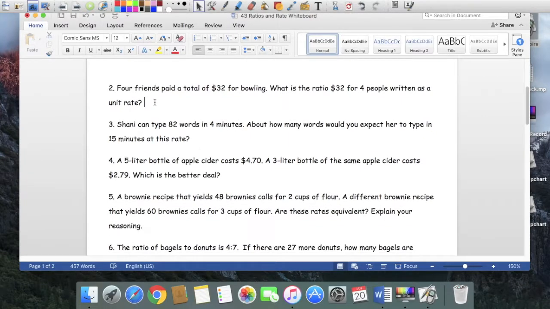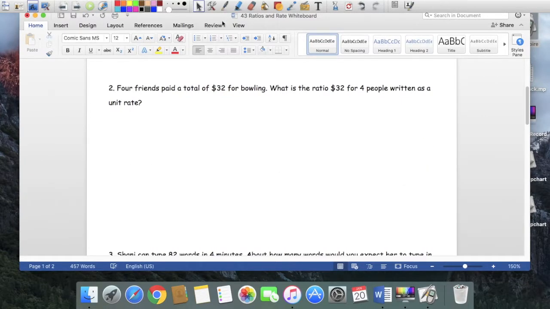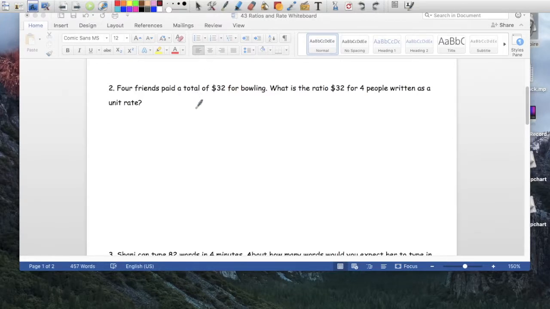4 friends paid a total of $32, so they spent $32 for bowling, and write as a unit rate. Well, a unit rate is something that compares to 1 of something. So I like to write this as a fraction. Friends per person, 4 persons. And unit rate, we're going to change. So the cost for 1 person,